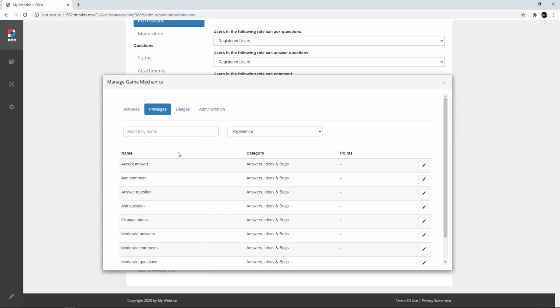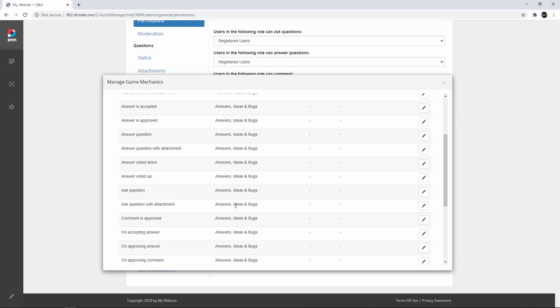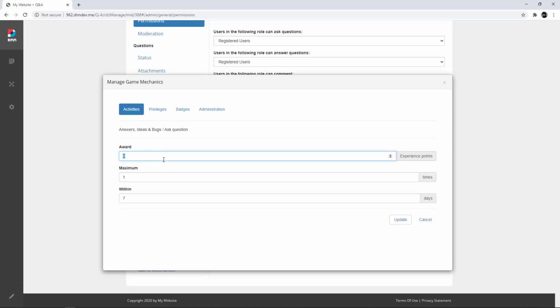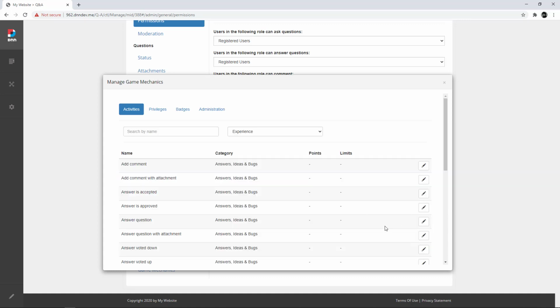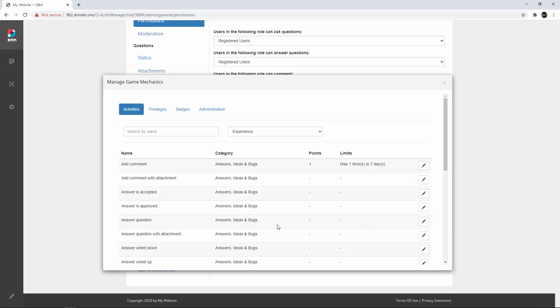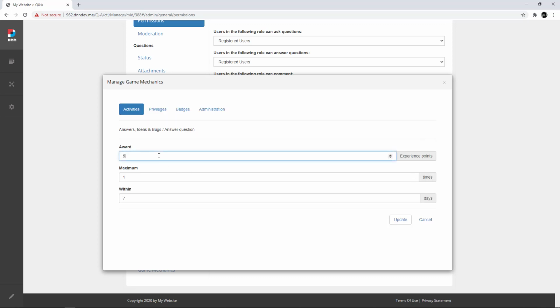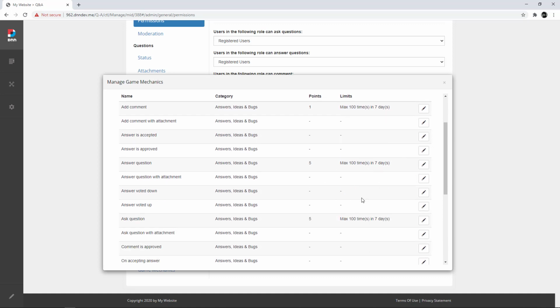Okay, so let's go ahead and configure some of the activities and give this a go. So let's give some points for asking questions. How about if we award 5 points, and we can do it up to 100 times within a week for asking a question, and then maybe add 1 point for a comment, and maybe 5 points for answering the question. I forgot to change, so let's do maximum 100 times within a week. All right, that's good enough